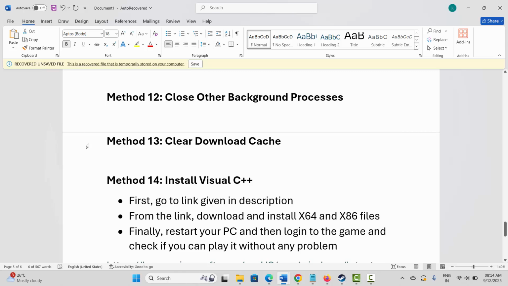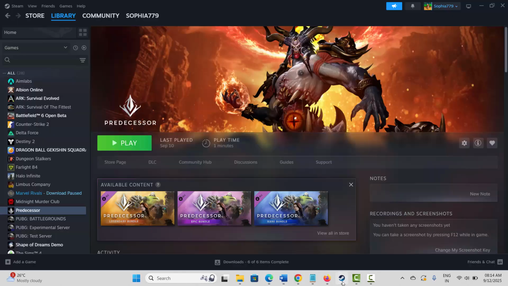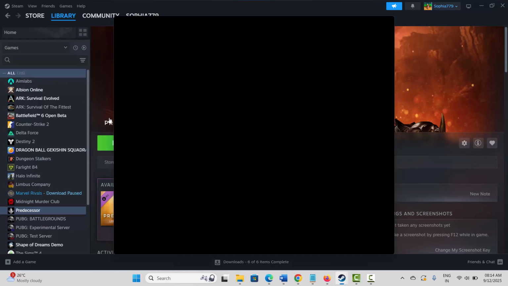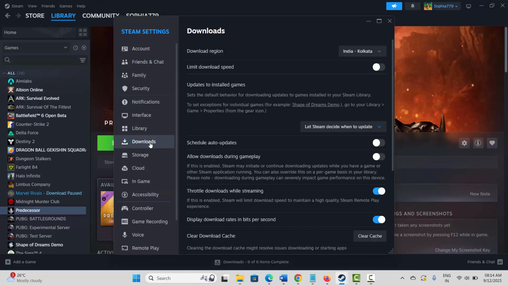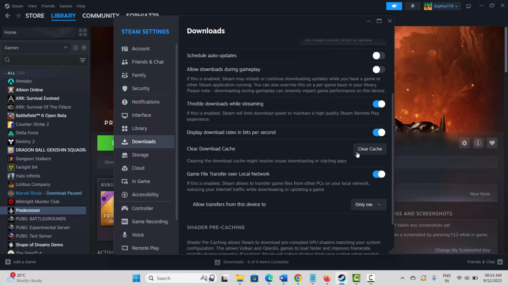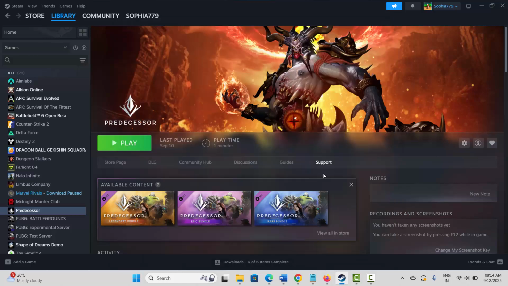Next is to clear download cache. For that, go to Steam, click on Steam option over here, click on settings. After that, click on downloads, then go below, and here you need to click on clear cache option beside clear download cache. After this, launch the game to see if you can play it without any problem. If